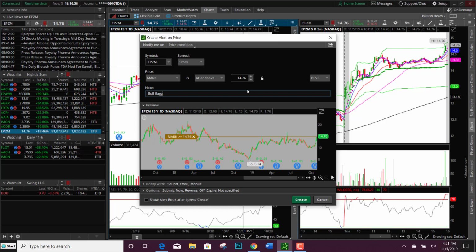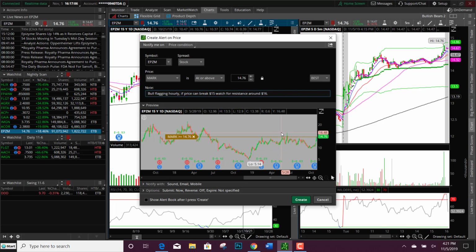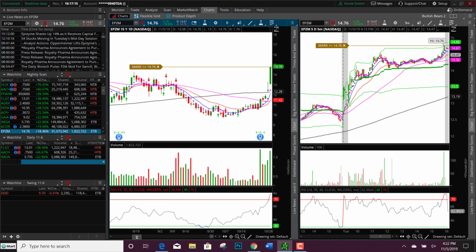Bull flagging on hourly. If price can break $15, watch for resistance around 16. Oh man, I totally forgot. 16, we'll just say 16.50. That is EPZM,